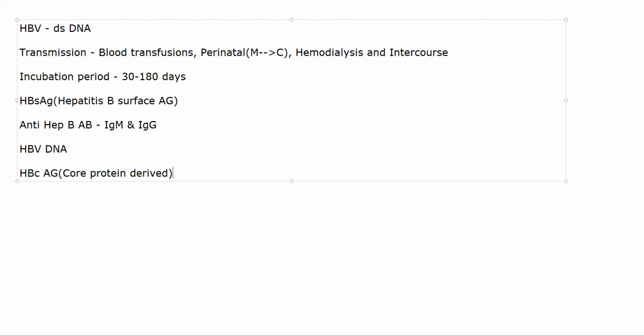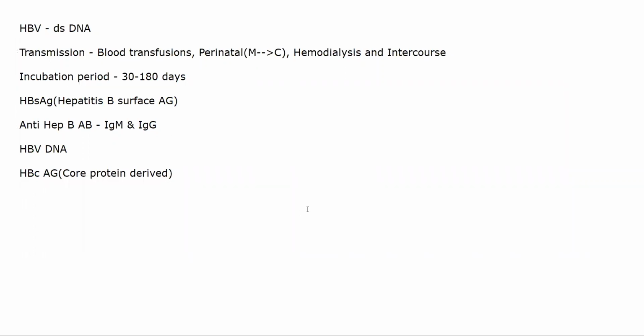You will have 4 or 5 more, but to keep it simple, these four will generally appear in the blood, or they will act as serological markers in a person who is having hepatitis at varying points of time. It might be 6 weeks, it might be 1 month, it might be 3 months, 4 months. At different points of time you will see all of these, and you'll be able to gauge whether or not the person has HBV. They are diagnostic markers so that you can start treating a patient.